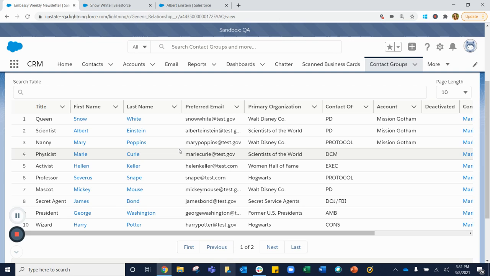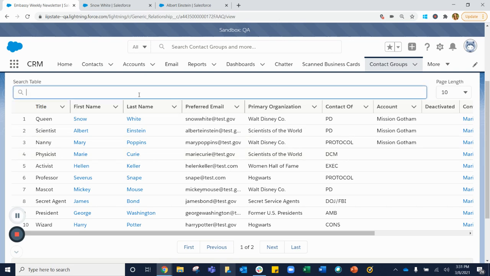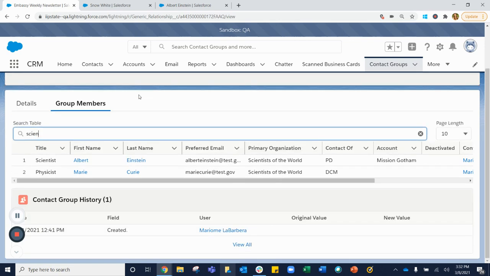The next enhancement I would like to go over is the search bar. You will be able to search for keywords in the fields in the contact group member table. So as you're typing keywords, the CRM will pull data from the title, first name, last name, organization, and contact of fields. For example, if I'm starting to type in science, you can see here Marie Curie's title is physicist. However, her organization is part of Scientists of the World, so it returns results there. So that's really great. You can have a more